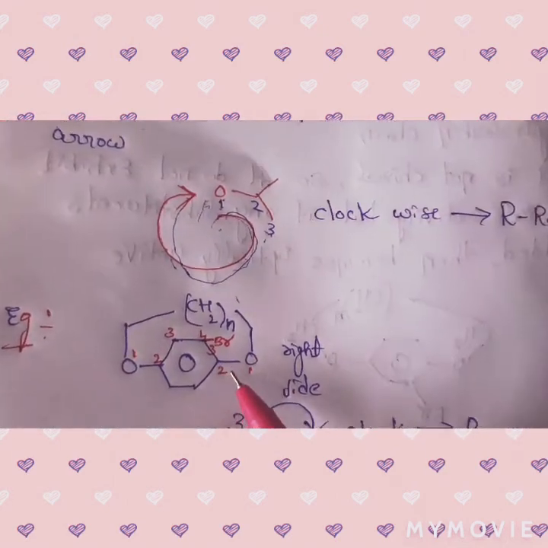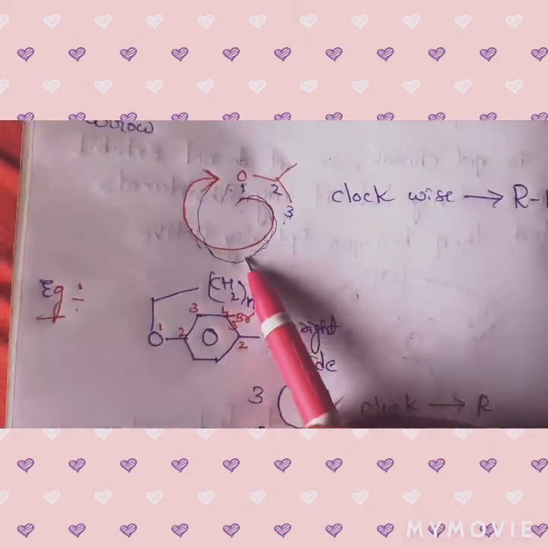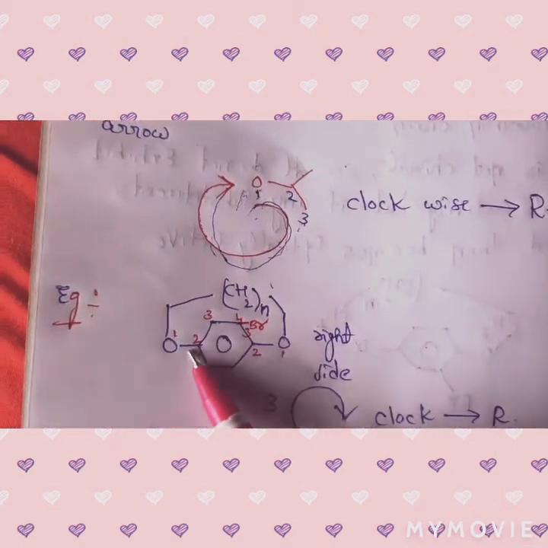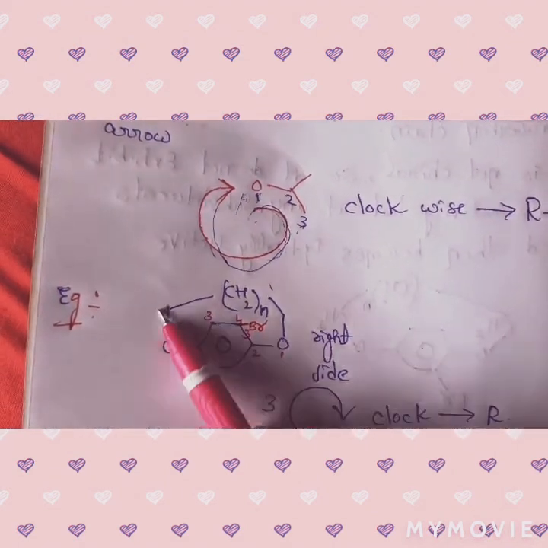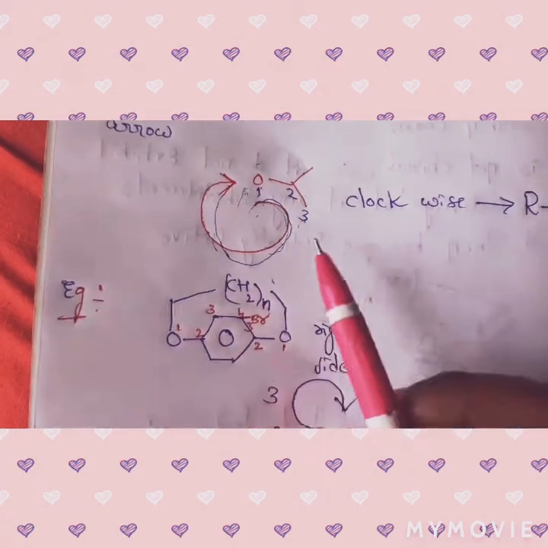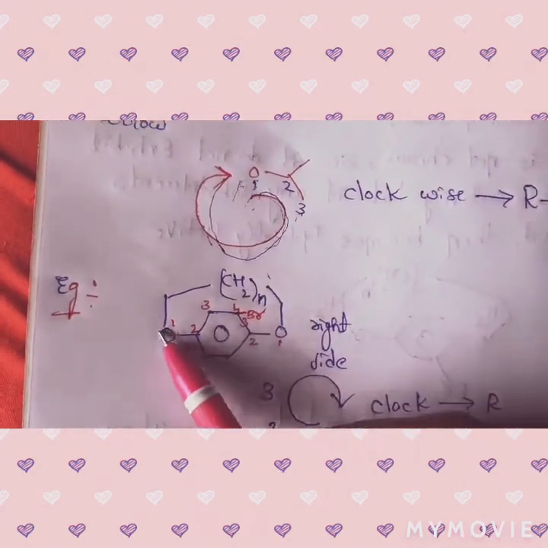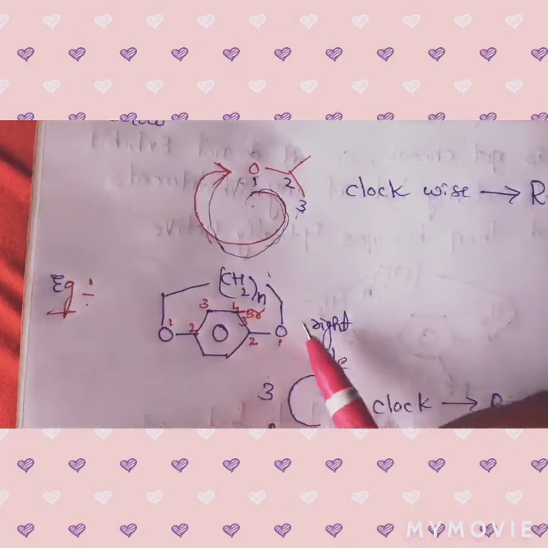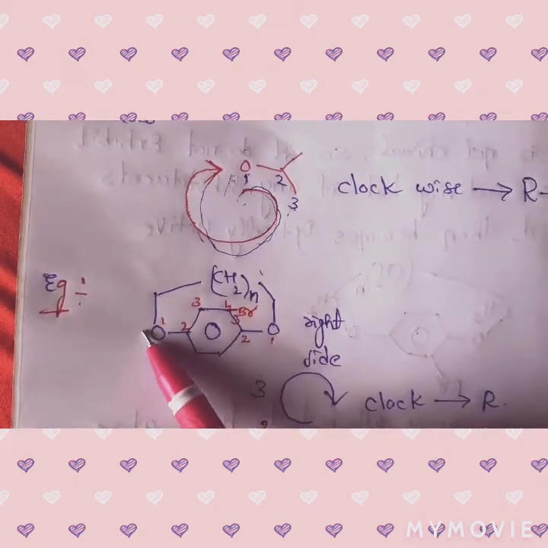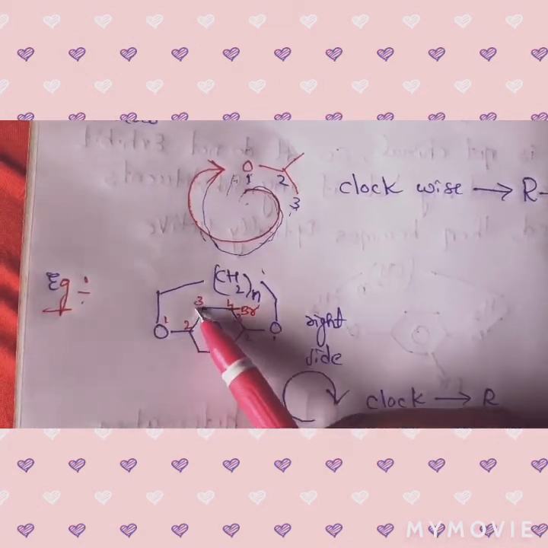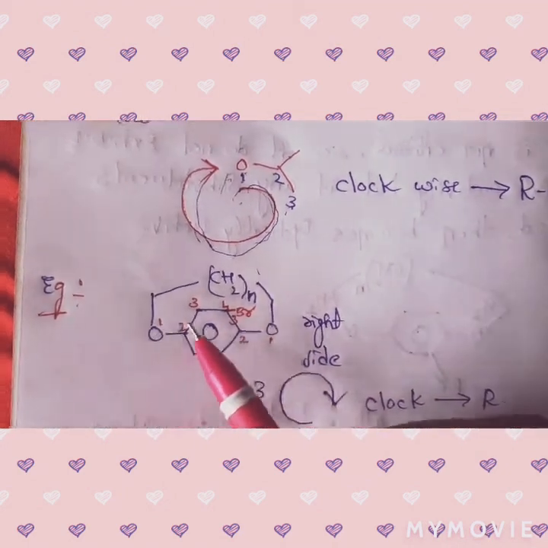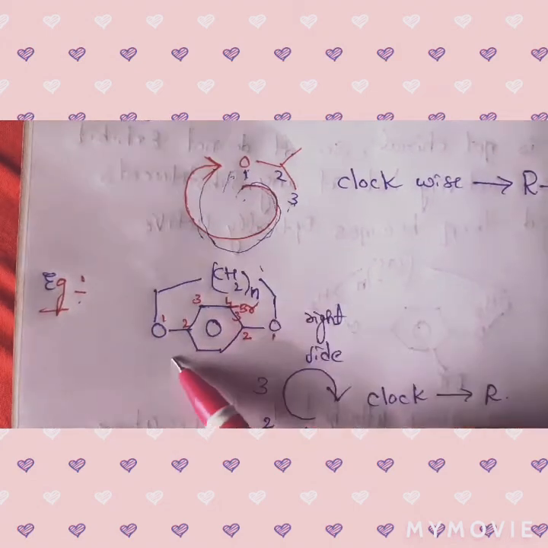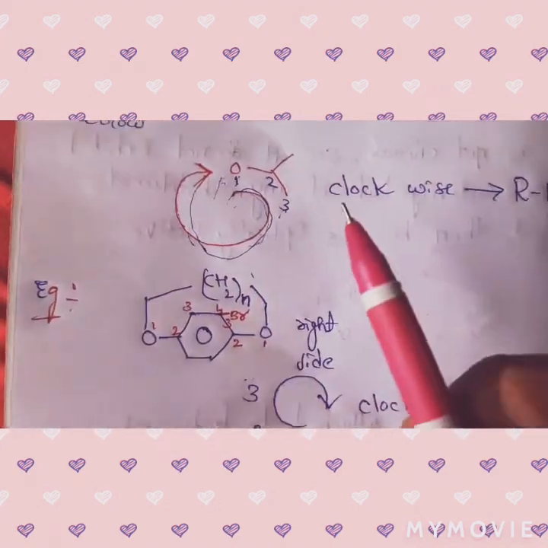First of all we have to confirm this. Yes, this is an ANSA compound, because this is a para-disubstituted benzene attached to a heteroatom, which in turn is attached to a hydrocarbon chain. In order to find the pilot atom, we should start numbering from the heteroatom, and the numbering should be towards the substituent. Here the substituent is present, so we should give numbering towards this side, not towards this side. That we should remember.